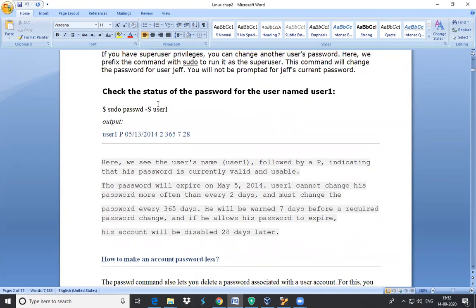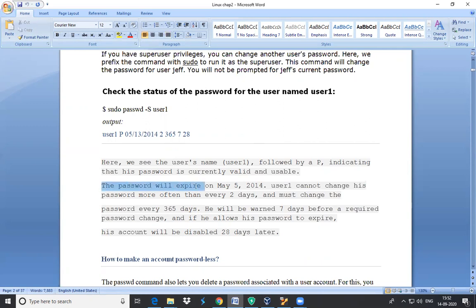Now, if we want to check the status of the password for the user named user1, then sudo passwd -s and user1. Then it will give the date when that particular password was set, with some information of that user. Now how many days will that password be valid?